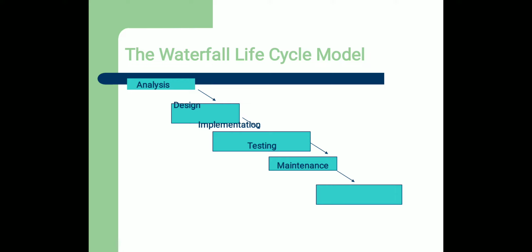Here there is a flow diagram, flow directions are also there. We cannot directly go to testing, or we cannot directly go to maintenance, or we cannot directly go for design. If you go directly for design, it is a wastage of time, because when you go for the designing or developing stage, the software application development is only partial, because we are not analyzing or studying the particular product.